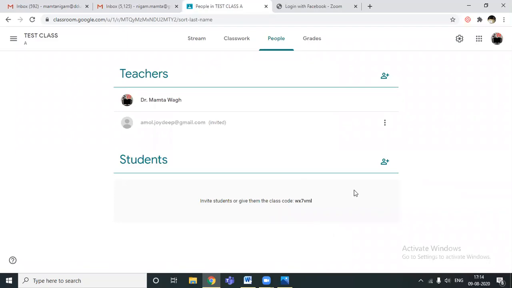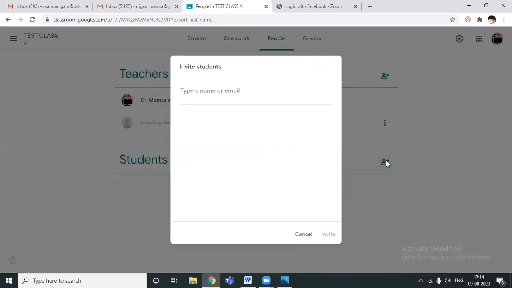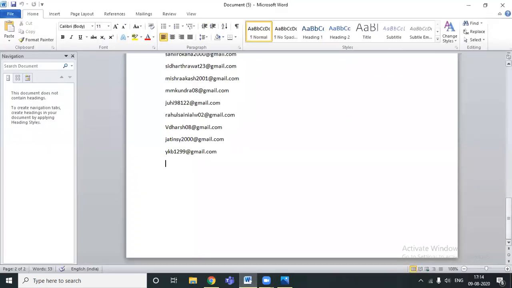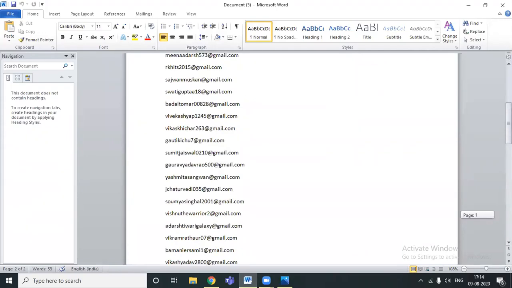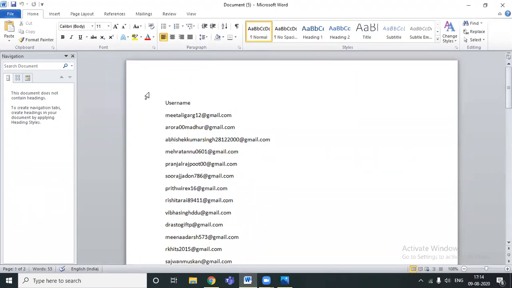Now suppose I want to add the students. From here you can add the students. You just click on this sign and then write the email address of the students which you want to add to this class. Suppose I want to add many students at a single go. I have these email IDs, and I want to add all these students to my class. You can add them one by one also.